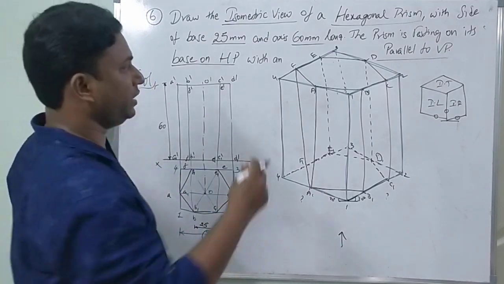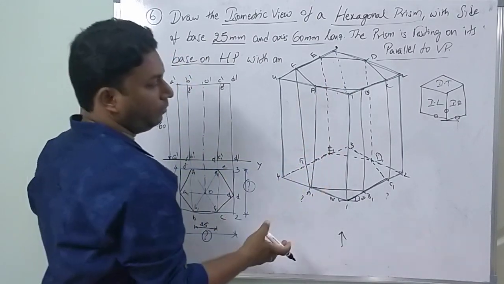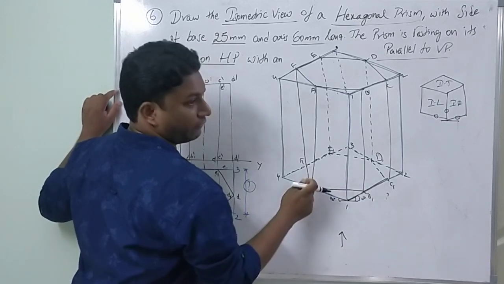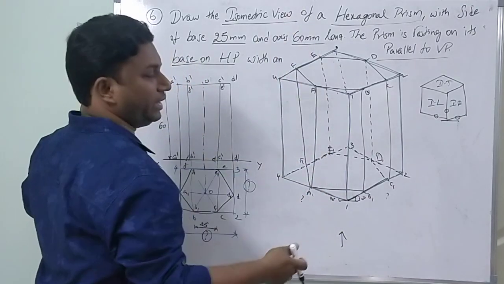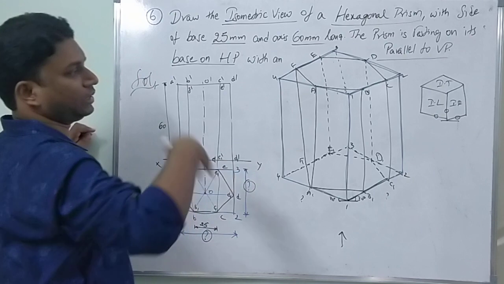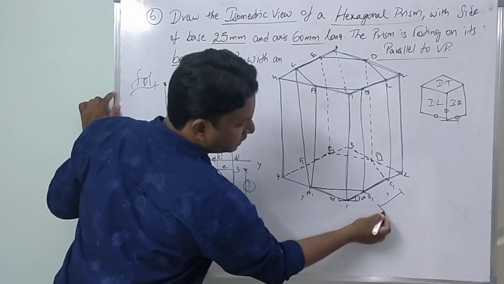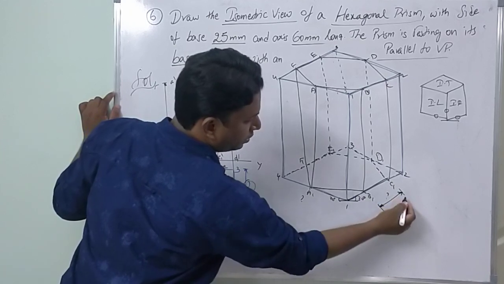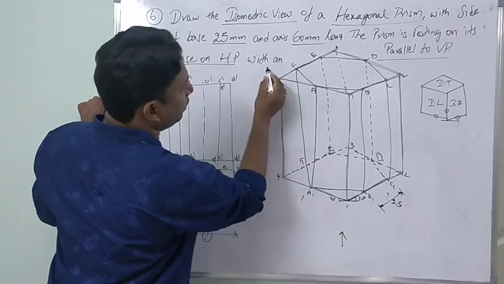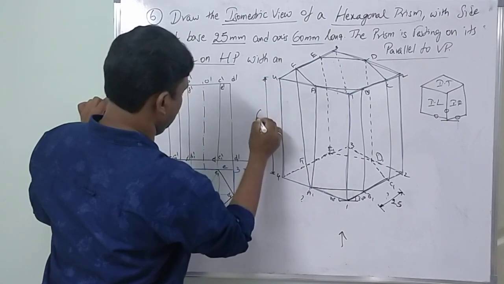Here, what I can conclude is the top hexagon is completely thick. At the bottom, try to mark the points and 3 sides will be thick. That is AB, BC, AF. Now the remaining vertical edges AA, BB, CC and FF will be thick. The remaining will be hidden. Now for this we are supposed to show the dimensions. Just take one side, each side of 25, and height any one you can take; even the box height you can show with the help of 60.